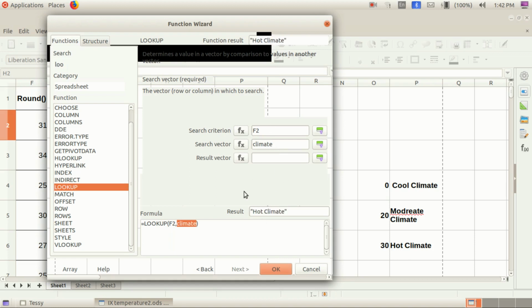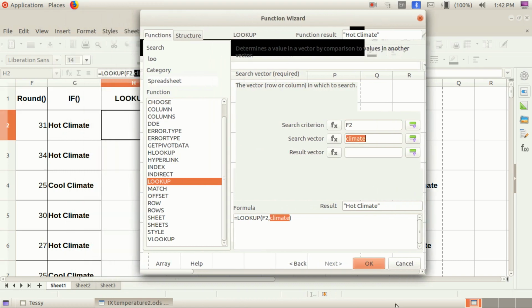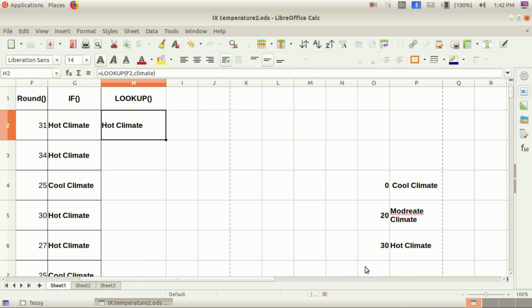Then at that moment itself we got the result, children. Look, the result is here: hot climate. Do you see that? Look here: LOOKUP, bracket open, F2, comma, climate. Then we got the answer, hot climate.